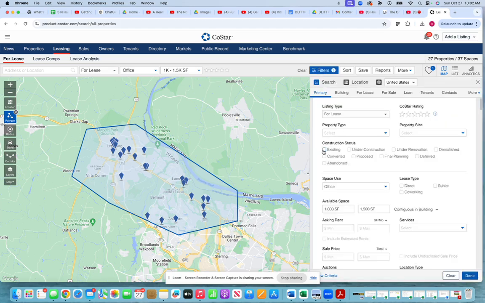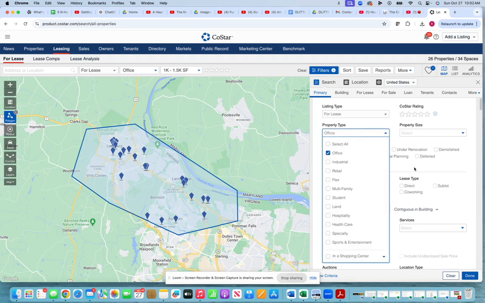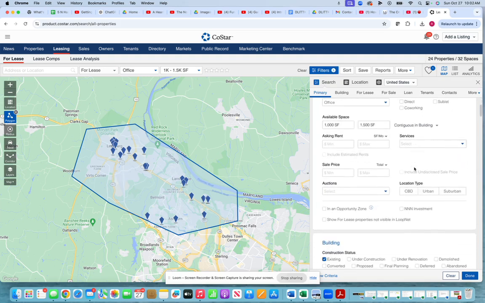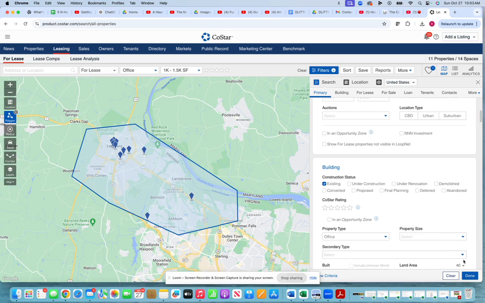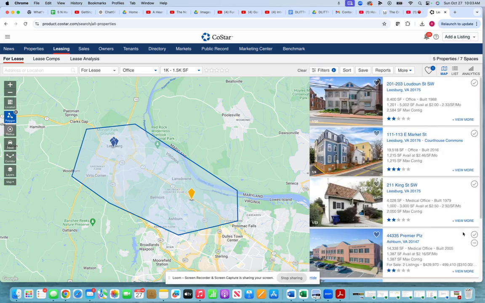So you go to existing, first of all, click on property type just to make sure it's all office space. And then down here, you go to the asking rent, but you want to click this little thing over here where it says square feet per month and change that to total monthly. And his budget was 2,800. So let's go 2,500 to 3,000. And that one you sent me won't show up, but we'll do that just so I can show you this other thing. And you click done,